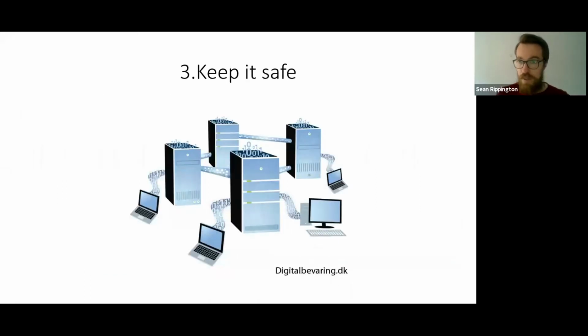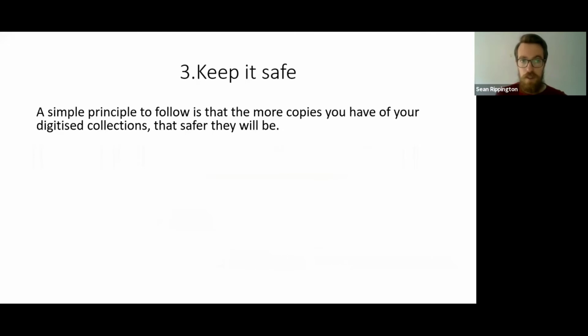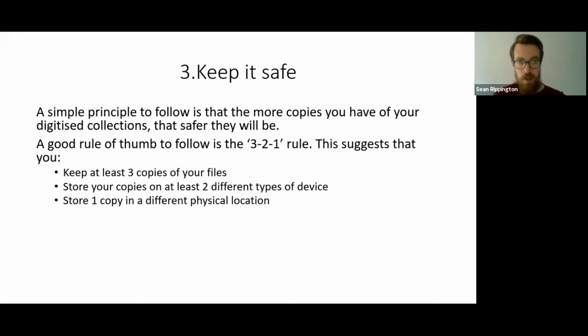Thirdly, keep your digital collection safe. So I think a simple principle to follow is that the more copies you have, the safer you'll be. A good rule of thumb to follow is the 3-2-1 rule. So this suggests that you keep 3 copies of your files, that you store your copies on at least 2 different types of device or technology, and that if possible you try and store 1 copy in a different physical location, so that way if there's a natural disaster, you don't have all your copies stored in one building or one location. So you'd always have maybe a copy stored in the cloud, for